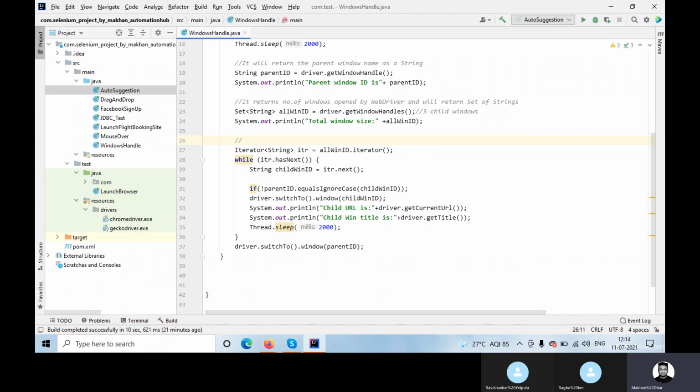Now, for example, this iterator, why do we use it? Using iterator to iterate with windows. So I will explain this one; this is the important thing. Okay, so what happens: it will go as next, that means it will immediately go one by one, like next to child windows,